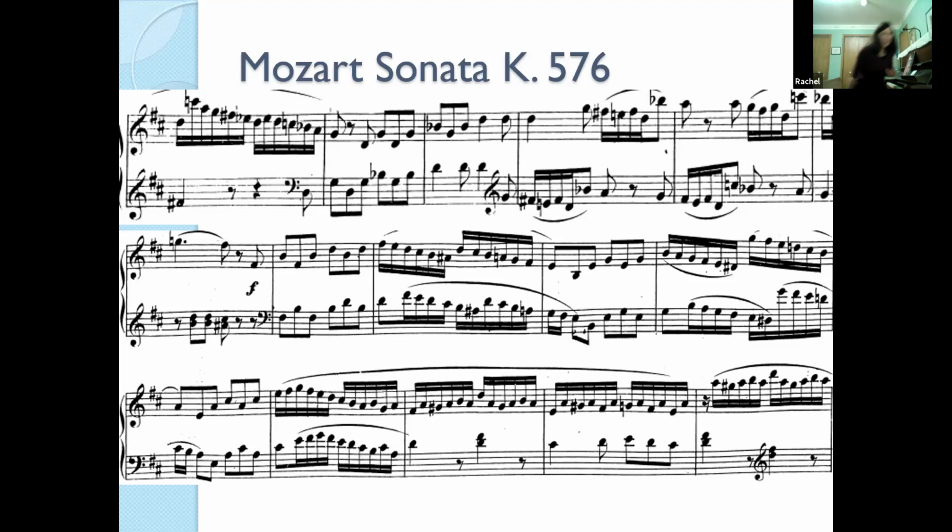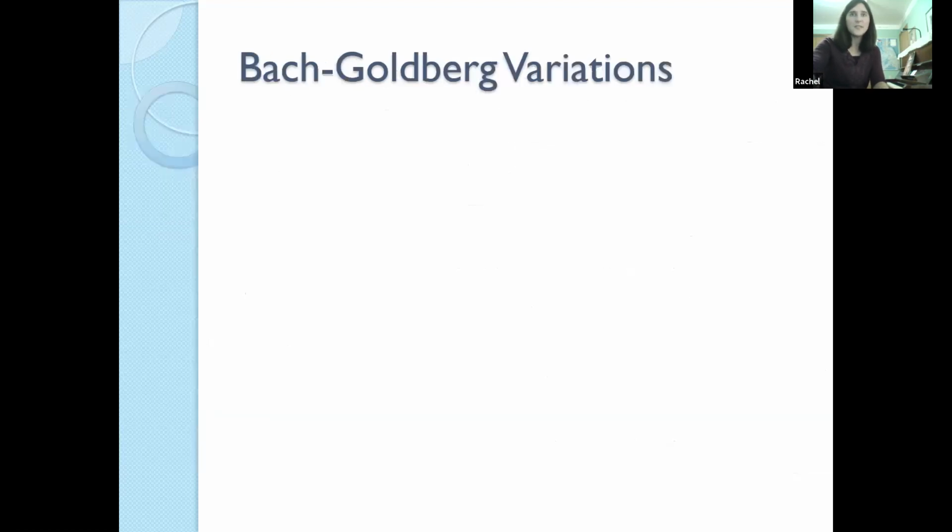Okay, and maybe there's more of the canonic imitation in that piece, maybe not. I'm not actually sure, but those are some of the main ones. You can see it actually is happening quite a bit. And again, this is not a straight canon. It's not a true canon, but we have a lot of canonic imitation going on. It's pretty cool and makes it an interesting piece. Lots of exciting things going on in it.